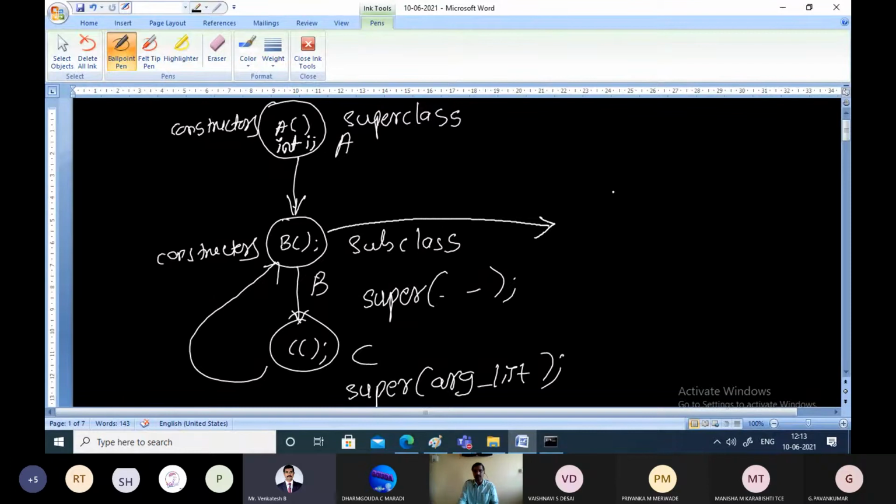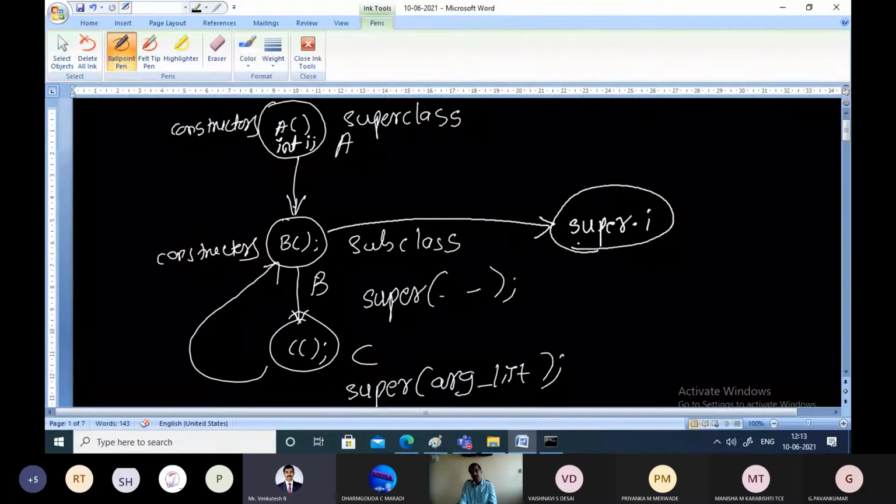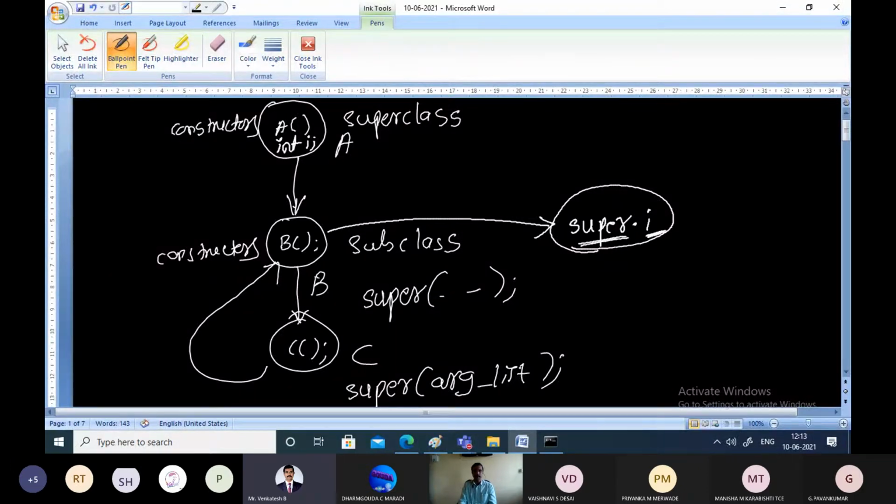How can you write it? Just use the keyword super dot i. What it indicates is that for class B, A is the immediate superclass, and from that superclass I am trying to access the member i. That's it.